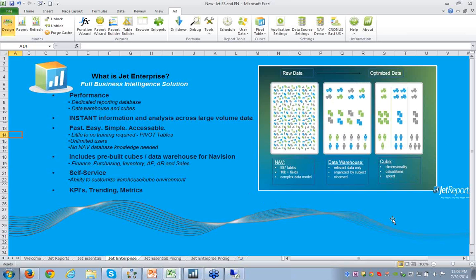So a couple of things that Jet Reports offers out of the box with our solution is a pre-built data warehouse and 6 pre-built cubes specifically for NAV that'll cover the majority of what your organization needs. Secondly, and this is where I believe the real value in our solution is, it's in our back-end tool, the Jet Data Manager. And this allows you to customize the cubes to fit your organization all in-house. And it is extremely user-friendly, so you don't need to be a BI or a SQL expert by any means